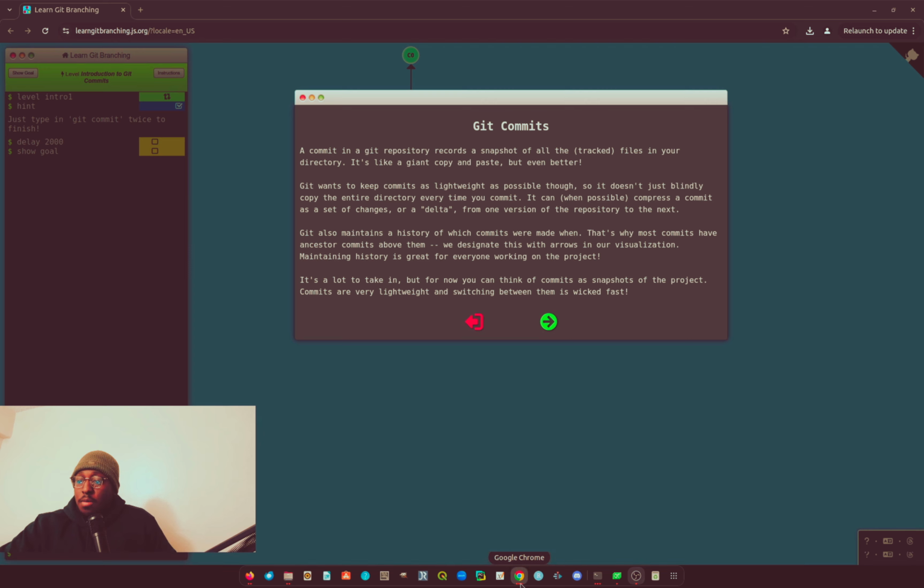If you're familiar with the concept of collaborative projects, especially those that will involve coding at some point, you probably heard of platforms such as GitLab or GitHub, and those are using Git commands behind to allow different users to share a repository in which they'll probably upload different files related to the project that they are working on. And today I just want to show you a very useful platform where you can learn how to